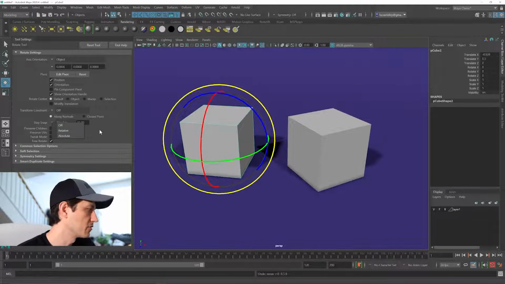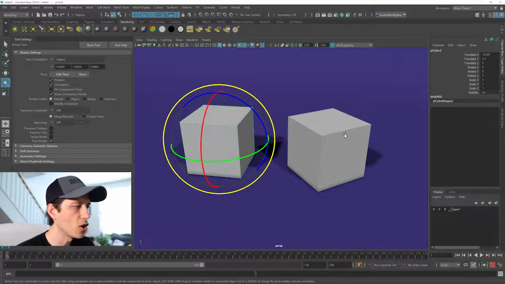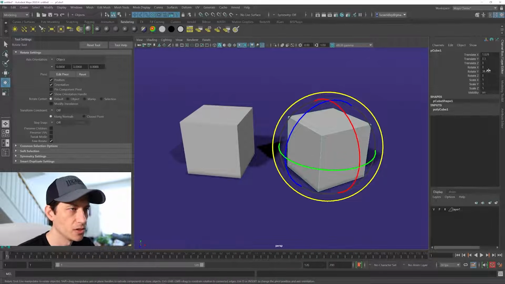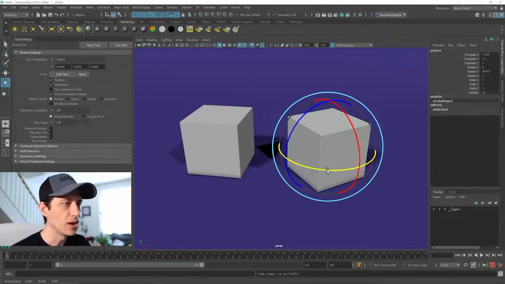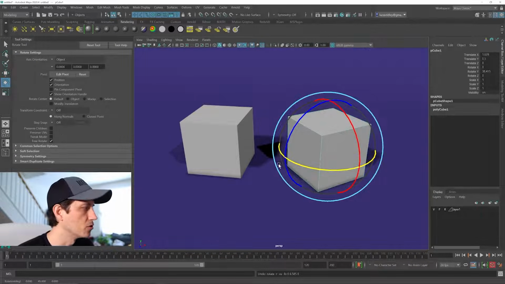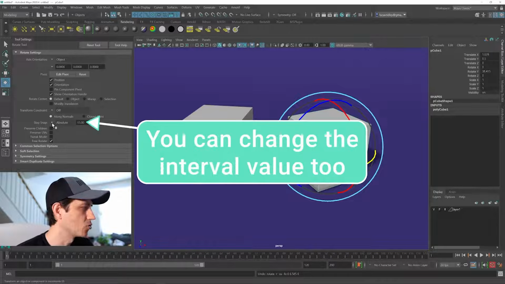Now, what's the difference between that? So if we already have an object that has a rotation value, we can see here 38.415, whatever. And if this is set to absolute, it will snap it to that interval of 15, of that absolute value of 15. If we wanted it to start at 38 and add 15 or take away 15 for every rotation we do, we need to set the step snap to relative by holding down J and then choosing relative.